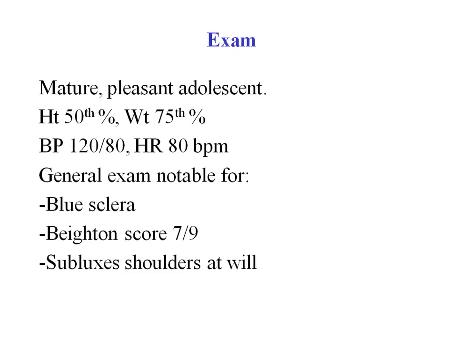And the main things that were different with his examination were that the sclera of his eyes, the white of his eyes, had a blue tinge. And he had an abnormal Beighton score with 7 out of a possible 9 problems on the Beighton score. This is an index that's very simple to do in the clinical setting, and a score of 4 or higher indicates that the person has joint hypermobility. And we'll talk a little bit more about the Beighton score and joint hypermobility later. The other thing that he could do that was also striking was that he could pop his shoulders in and out of the joint at will.